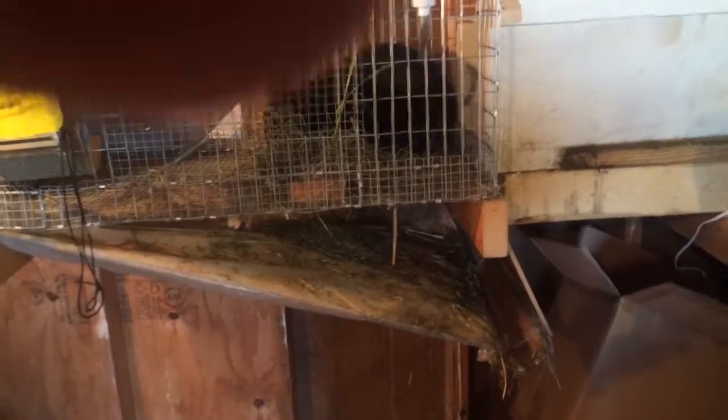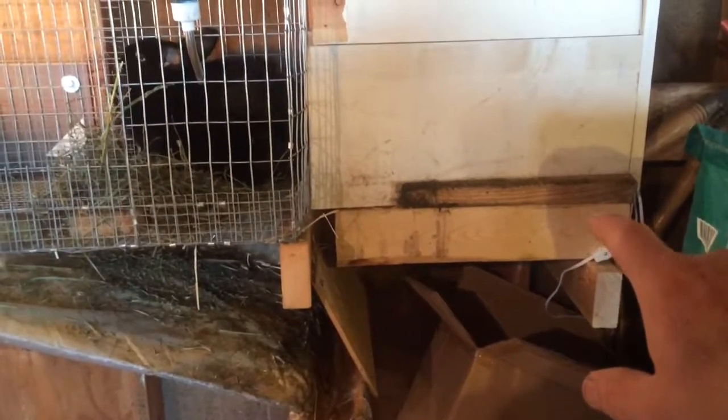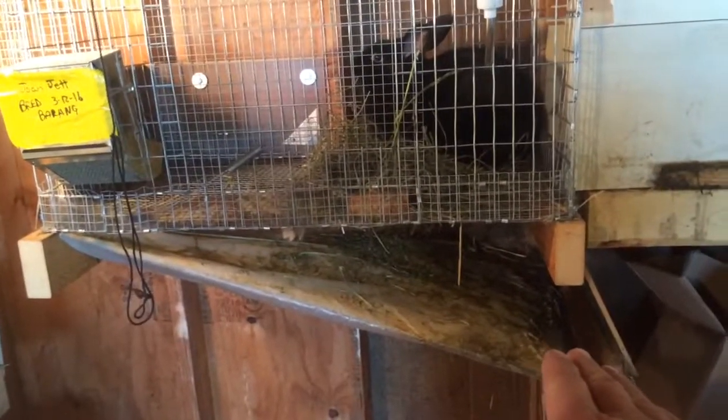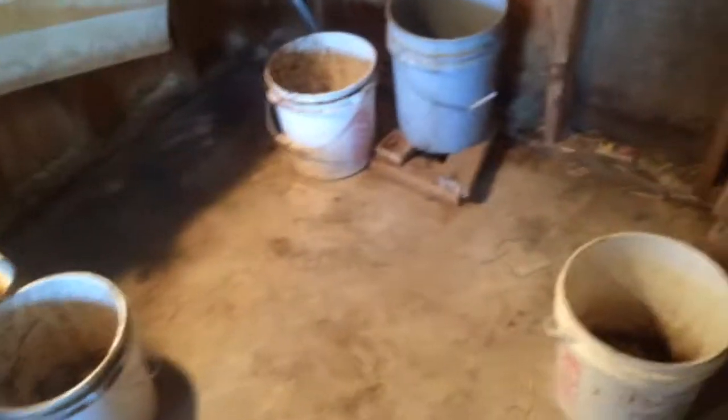But basically what I do in the mornings, I'll come out, grab this angled piece of cut-off 2x4, and sweep everything that hasn't made it down into the gutter, sweep it out then into the bucket. Same here and here. On the weekends, I'll sweep this entire area up, and then what I use